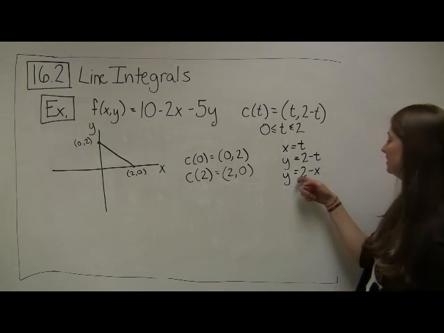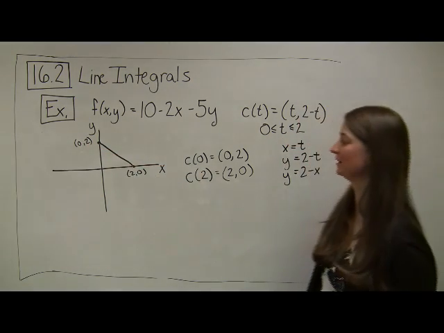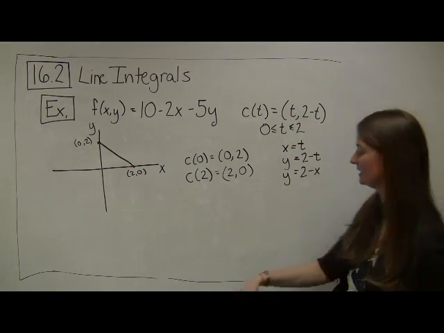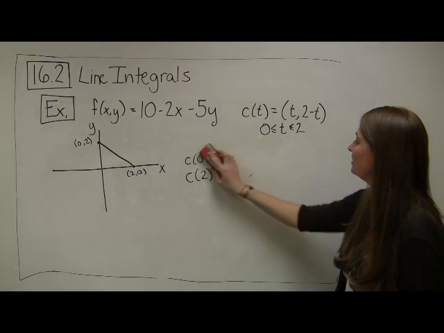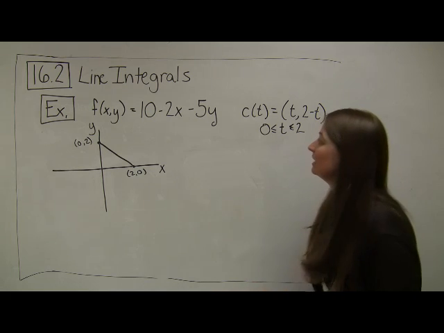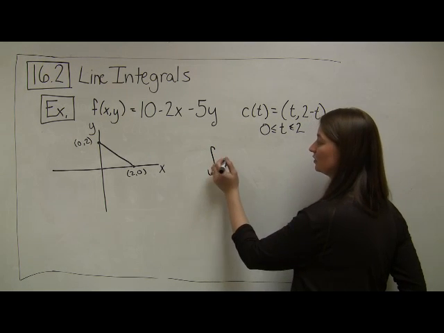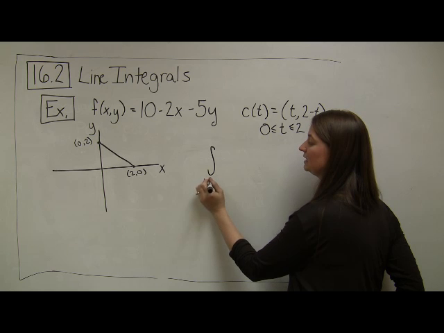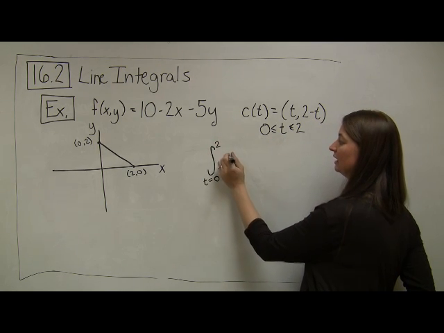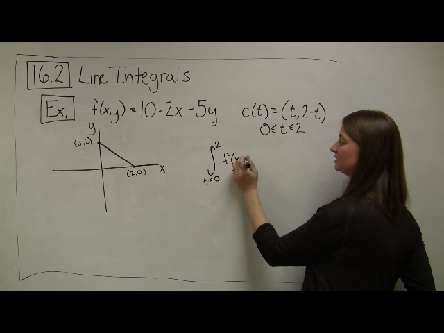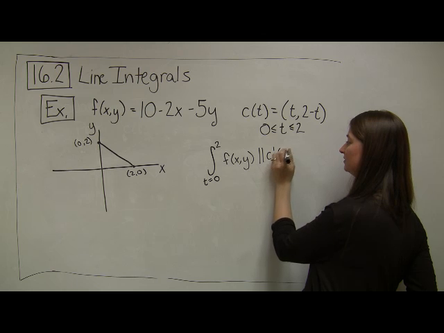So I have a y-intercept of 2, and a slope of -1, and I get this path. The first thing that I did, I looked at what the path looks like. And we know for our line integral, the line integrals for scalar valued functions are going to be the integral from t equals the bounds on t, which in this case is 0 to 2, of f of x, y, times the magnitude of c prime of t